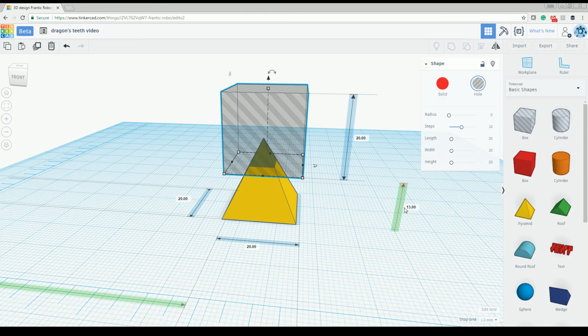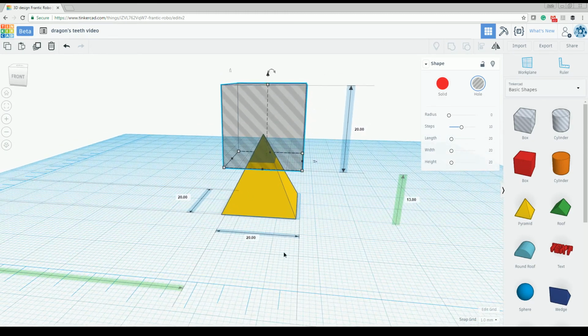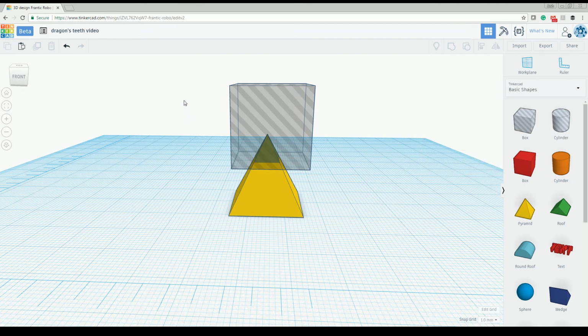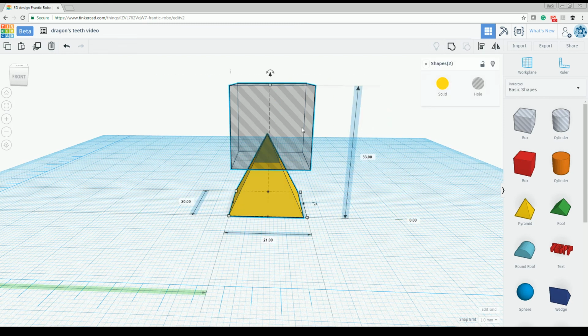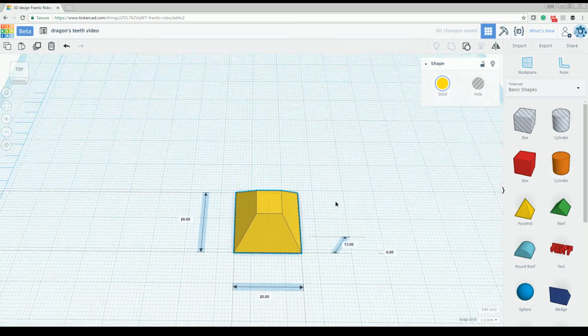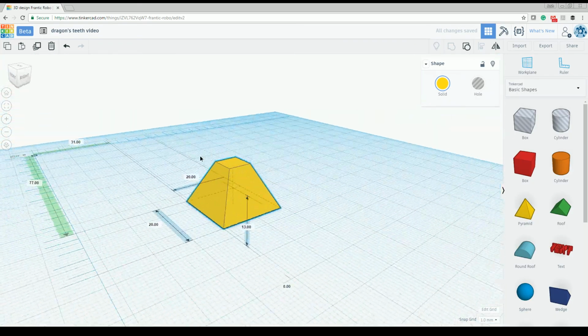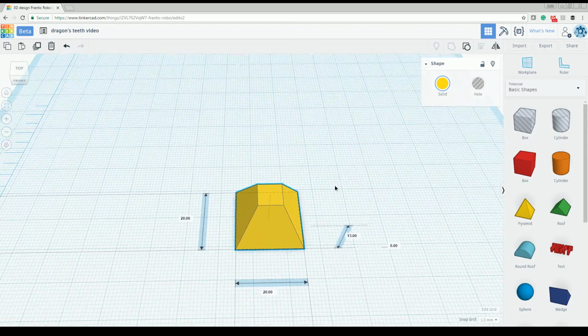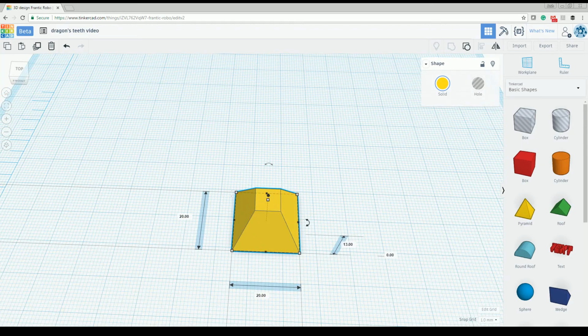So it looks like it's about 13 millimeters off the ground. I'm going to click over here in the white space, hold the left mouse button down and drag my selection box. Make sure both items are selected. I'm going to come up here and hit group. And after a second or two, we have our basic truncated pyramid. So I'm going to